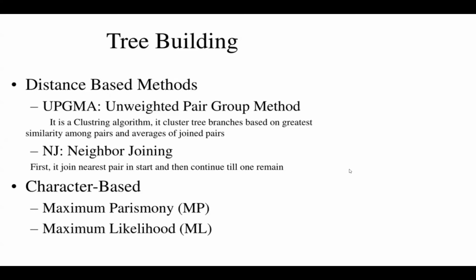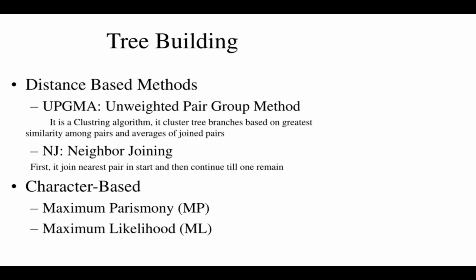Sorry. So let's go back to tree building. There are two groups of methods. Distance-based methods are kind of older, and they are just building a matrix of distances. For example, they are comparing each leaf of the tree to another leaf. They are counting differences and putting it into a matrix. At each step, they are making the matrix shorter and shorter, and finally we have a tree.